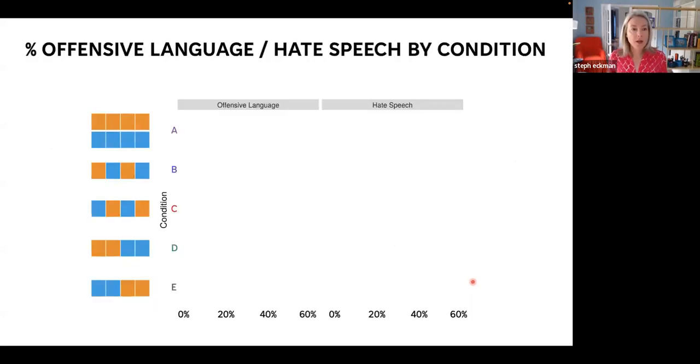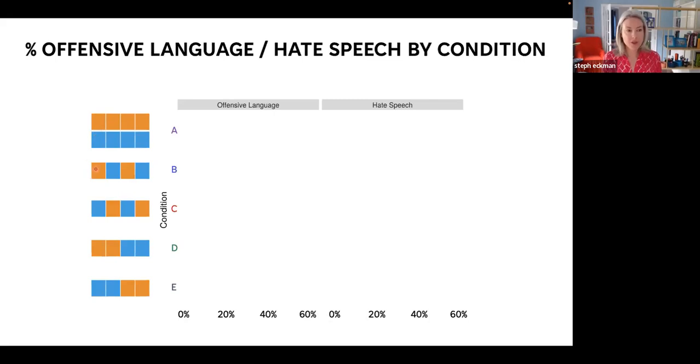Okay, so here is our first set of results, and this is just going to be the percent of tweets labeled offensive language or hate speech in these 5 conditions. And here you've got the orange and the blue boxes, which are trying to convey how these different conditions worked. Condition A, collected, was like a select all that apply on one screen.